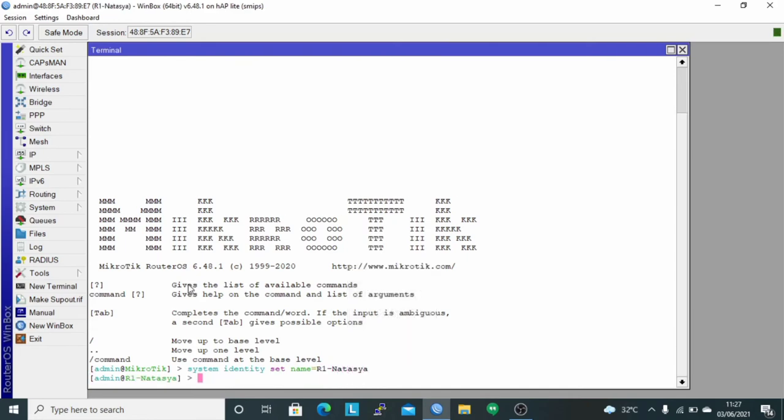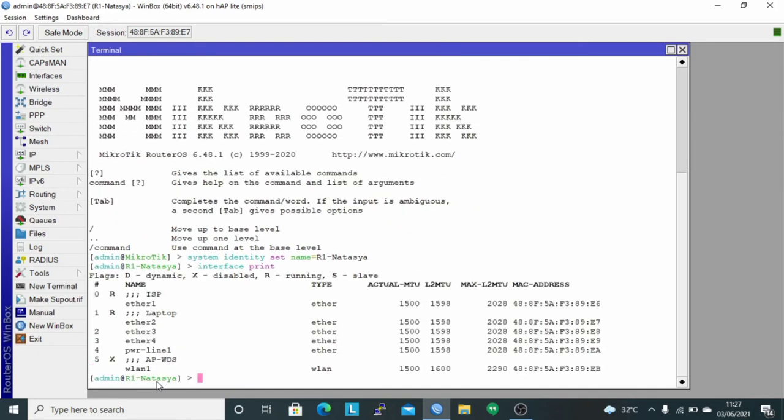And it can be seen that the router uses the identity R1-Natasha. If ready, check the interface used with the command interface print. Here it can be seen that I use Ether 1 to connect to the ISP, Ether 2 to remote router 1, and WLAN 1 to create an access point.